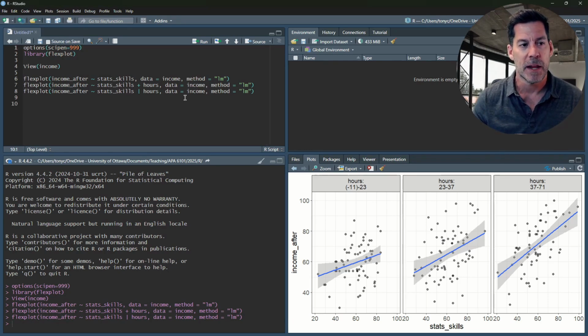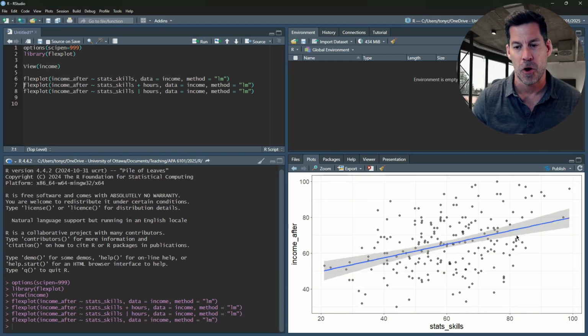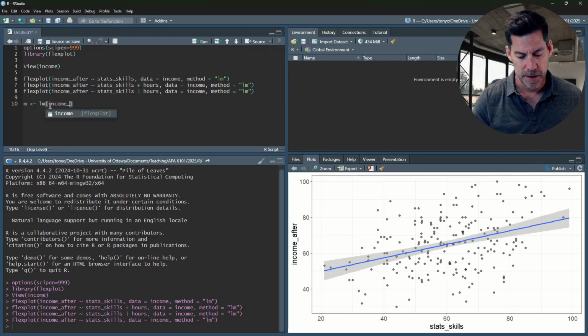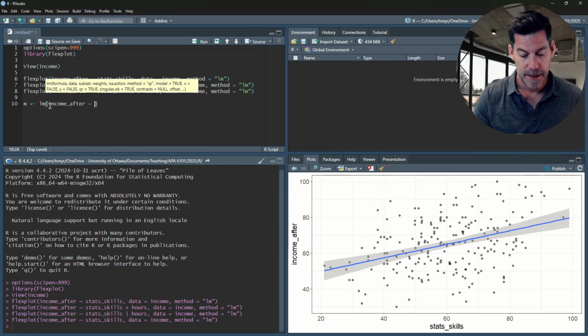Now, remember, we can always go back and look at this first one to see what it looks like overall, but that's not controlling for the number of hours. So we need to do that. So what we're going to do is create a model. I'll just call it M. And its structure is going to look similar to this. So it'll be LM of income underscore after as a function of hours plus stats underscore skills,